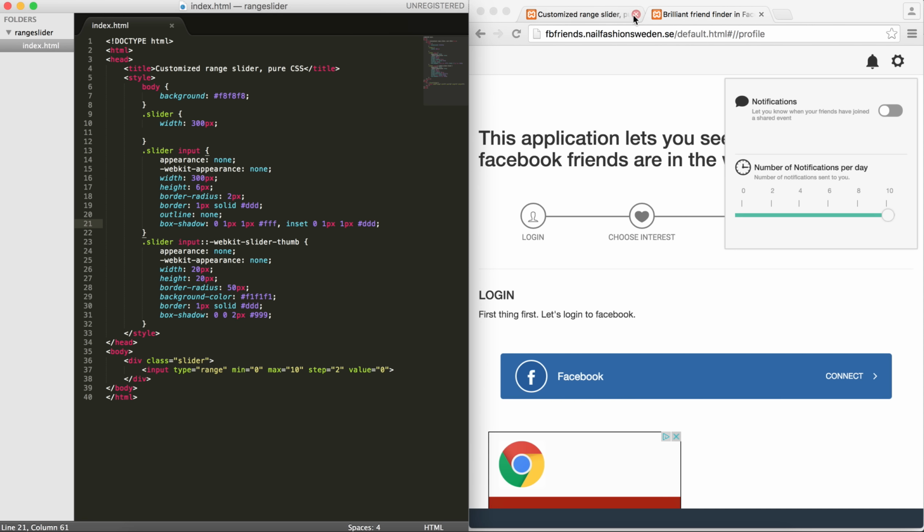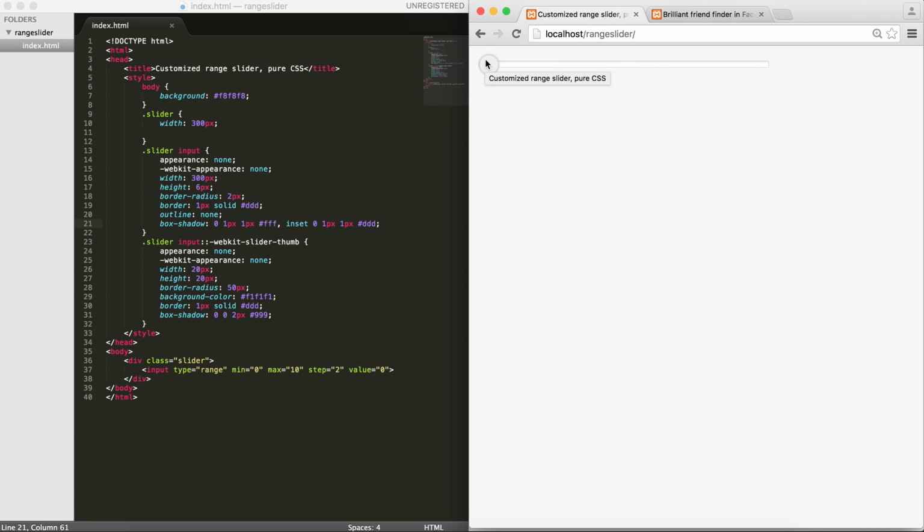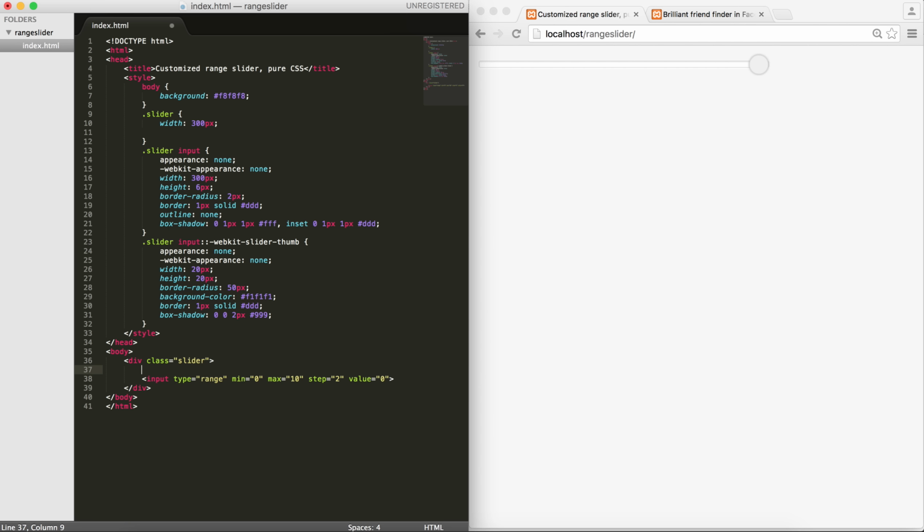So for that, depending on how many steps we have, which is 0, 1, 2, 3, 4, 5, I would create here in my slider wrapper div an unordered list,